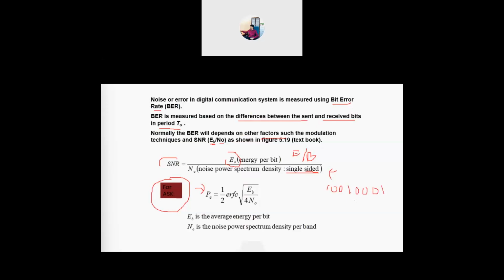The one that we send means 8 bits of data, and then the one that we receive. So how many error bits do we have? 2 error bits. So this is error bits, not probability of error. So PE is equal to half